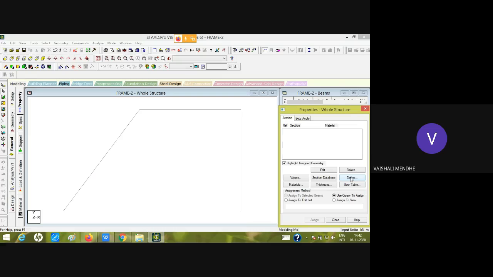What we are going to define is which type of section this is and what the size of your section will be. As you can see, there are 3 members, of which this horizontal member we are calling a beam and these 2 vertical members we are calling a